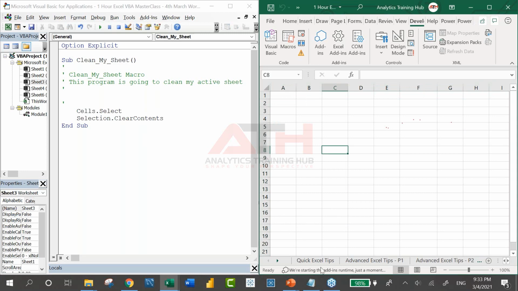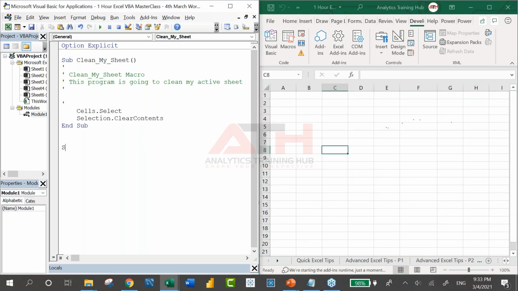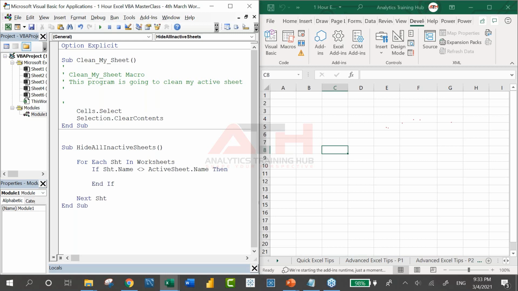If you would like to hide all the sheets, then a simple program you can write is Sub HideAllInactiveSheets. In that case, we'll use a loop: For Each sheet in Worksheets. Of course, guys, you would not be able to understand, but I'm just showing you what is possible with VBA, with just a click. So Next sheet, right? I'm saying if the sheet.Name is not equal to ActiveSheet.Name, then simply go and